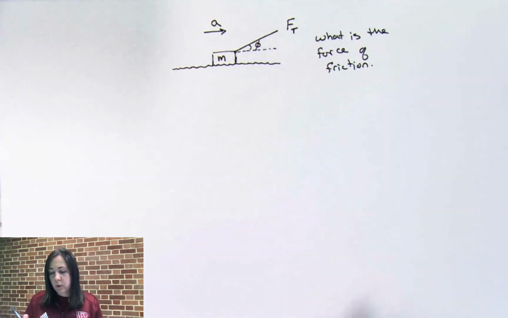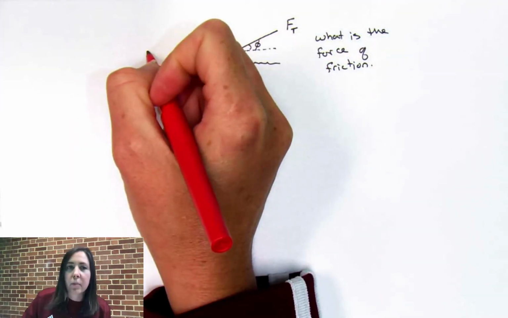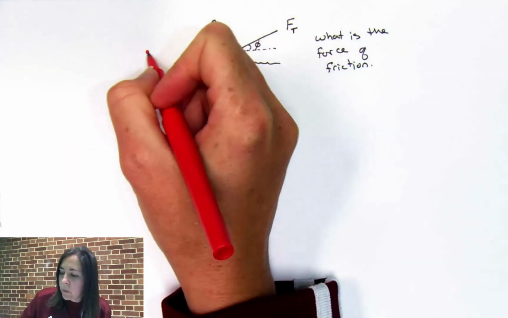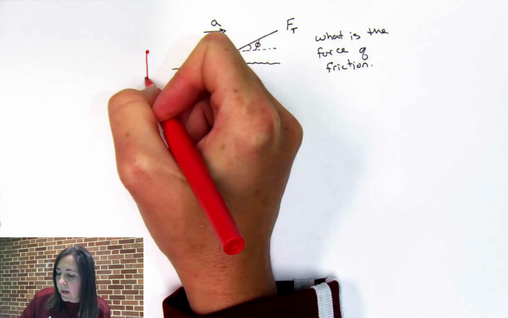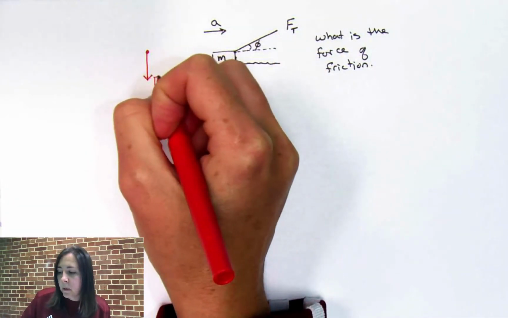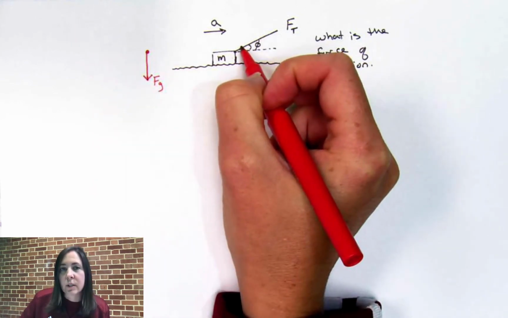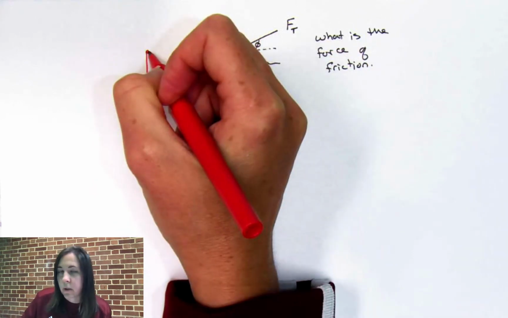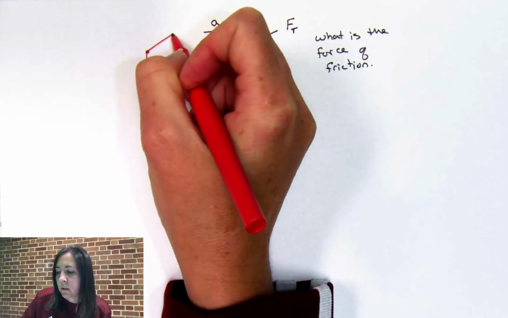First things first, the first thing you have to do, obviously, every single time is draw a free body diagram. I'm going to draw mine off to the side. Sometimes you'll see it'll ask you to draw the forces, not the components, meaning that this force of tension is going to be pulled at an angle. You're not going to draw the force of tension in the x direction and the force of tension in the